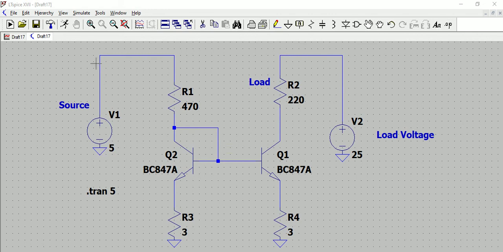So on the left you see a transistor to which 5 volts is connected to the collector through a 470 ohm resistor, and this particular transistor, if you see, is operated as a diode, because the collector and the base are shorted. That means this junction is not there, only there is a junction between base and emitter. That means it's a single diode. So this transistor indirectly is a diode.